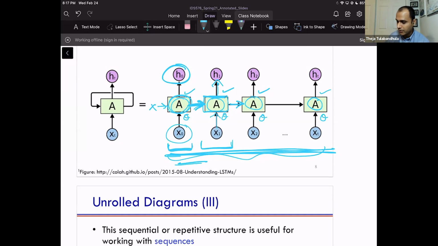This is the most basic RNN diagram. This one is called the unrolled diagram, and generally people want to have a short form for this, so they just connect an output back to an input. But that just means what's on the right side. Any questions at this point?